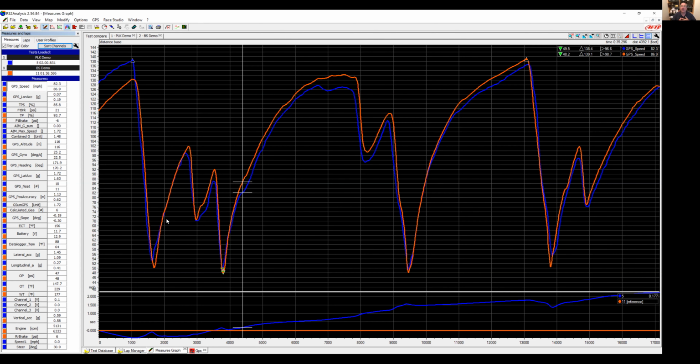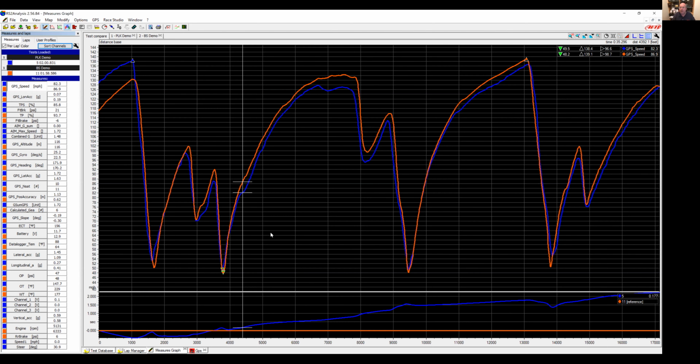In my opinion, and this is my experience, setup is very important. But what setup is, is providing a platform that the driver can have the confidence to commit. That is why we focus on the throttle position and the brake pressure in every one of these, or longitudinal G. Hell, I can get rid of this and I can just add GPS longitudinal G, and I can see